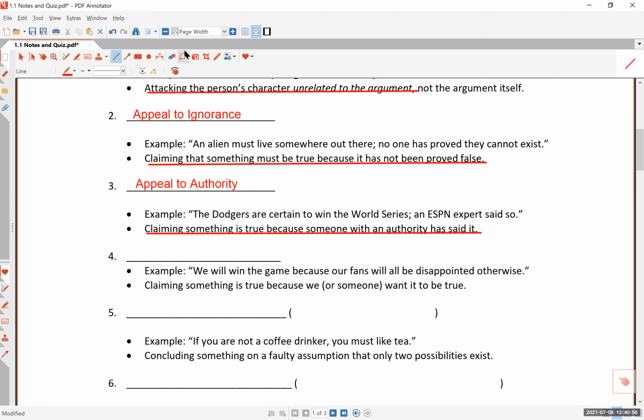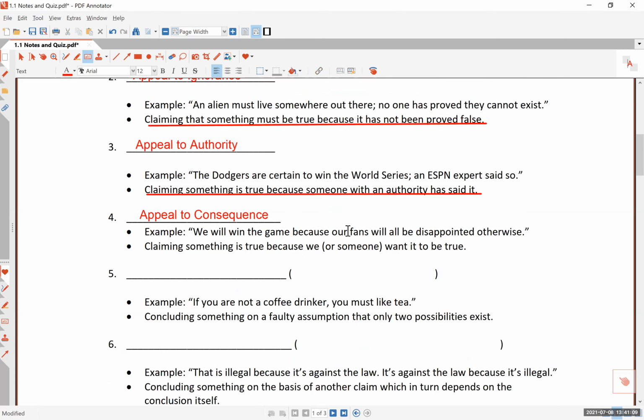All right, let's go on to number 4. This one is also another appeal. This one will be appeal to consequence. It turns out this one, I didn't think this was such a big thing, but it really is. Okay, and so I highly recommend that you look at a recent book entitled The Data Detective. In the book, the author actually starts with this appeal to consequence and how important, how widespread this is. This is the fallacy